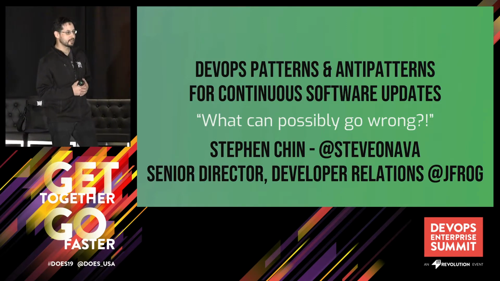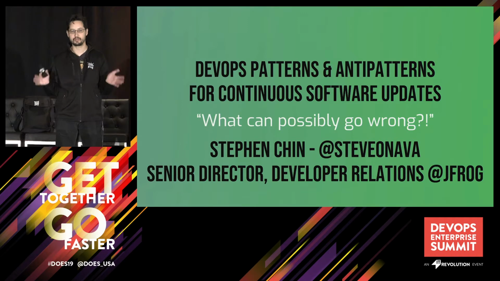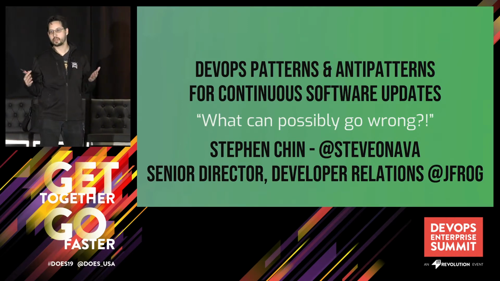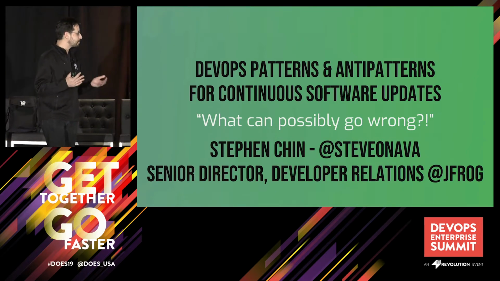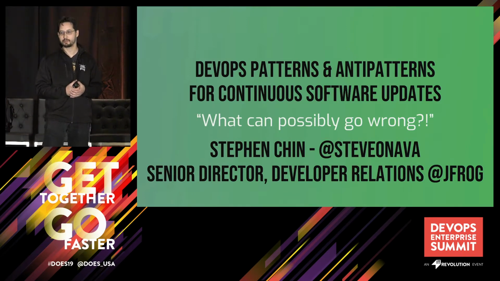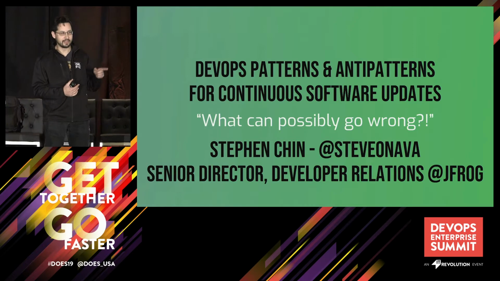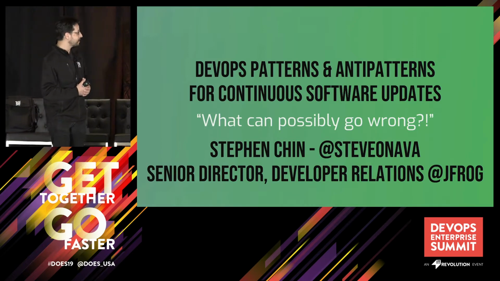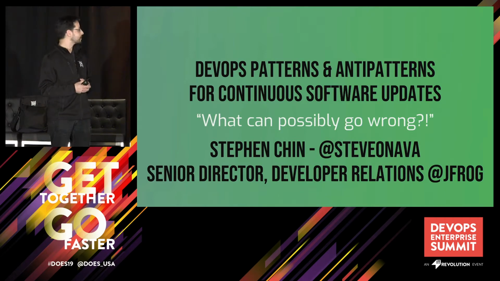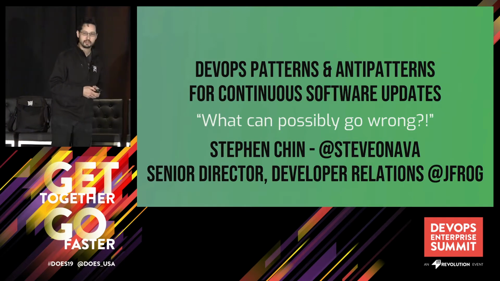So I run the developer relations team at JFrog. The plan for today is we're going to chat a little bit about the reasons why you want to do continuous updates and update your software, and some anti-patterns for things which can go wrong. I think anti-patterns are always the fun part. You look at other people's mistakes and you're like, I'm not that guy. I can do better. But then some practical advice on what you can do with your process to avoid some of these mistakes, and common practices that'll save you from hitting issues with your updates and affecting your customer base.